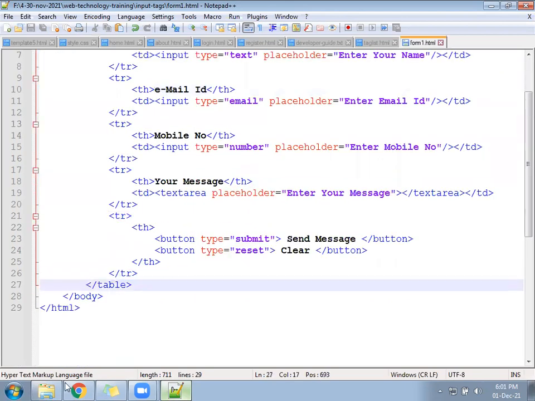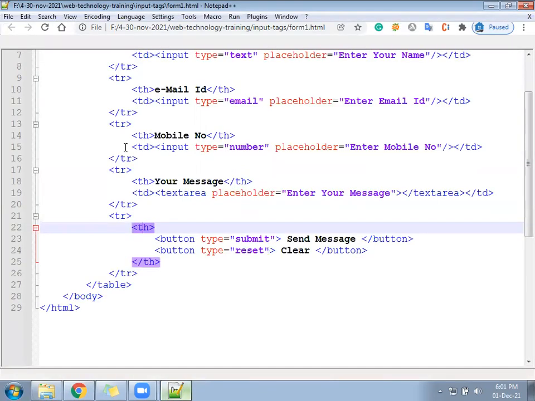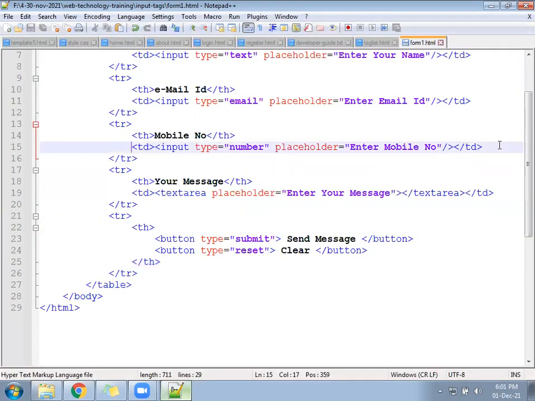Okay. Now see, the button is coming on the left hand side, so I will send my code. You replace that entire TD. Enter mobile number. I have sent the code, replace that. Now see, mobile number and the button, both are coming on the left hand side. We have an option called